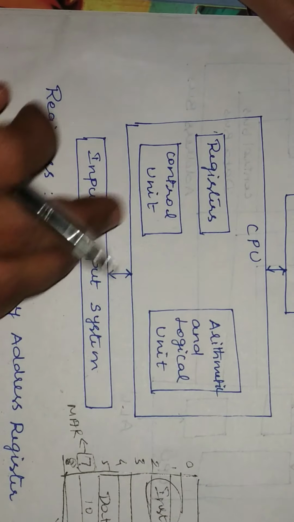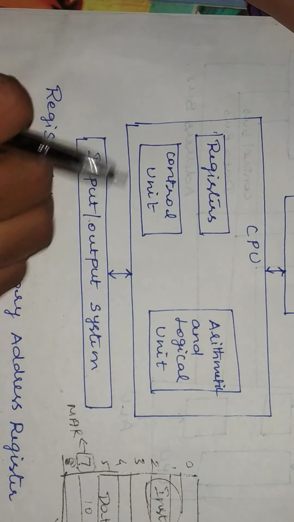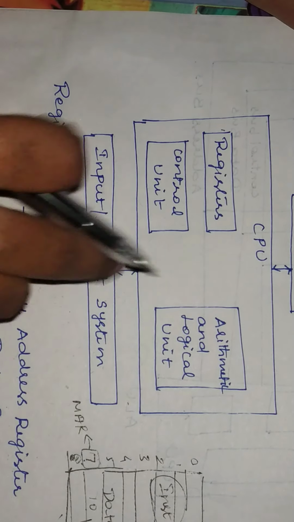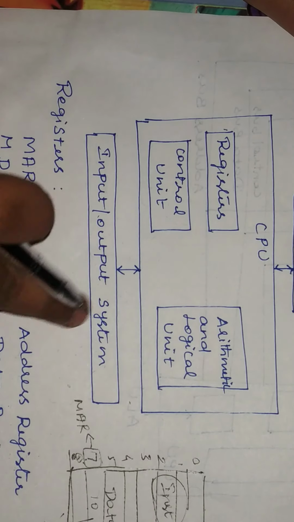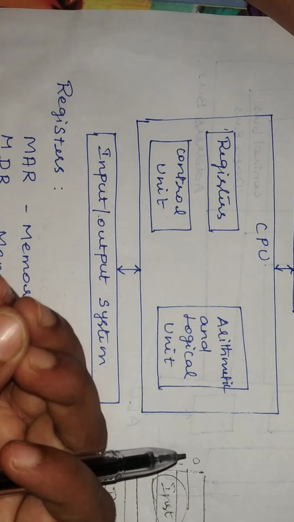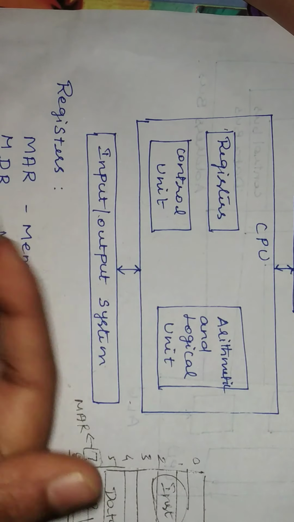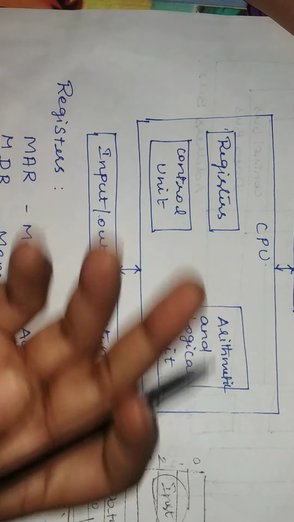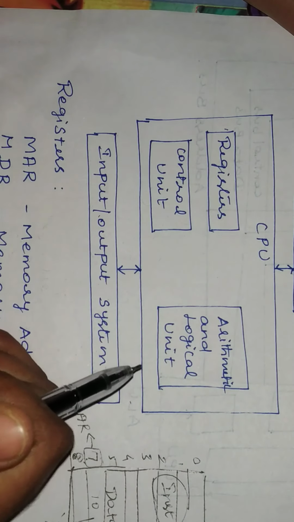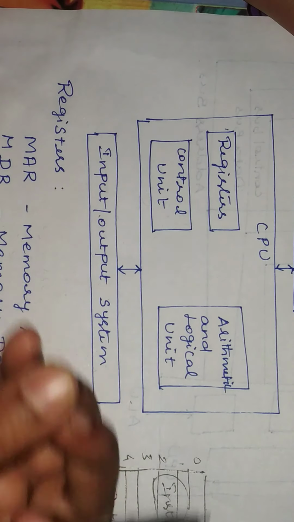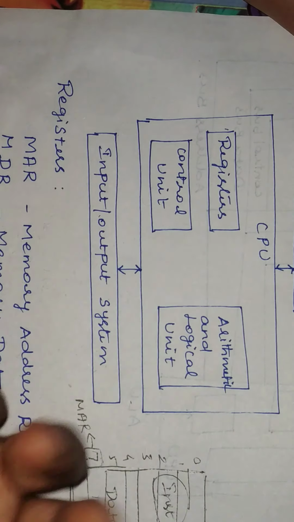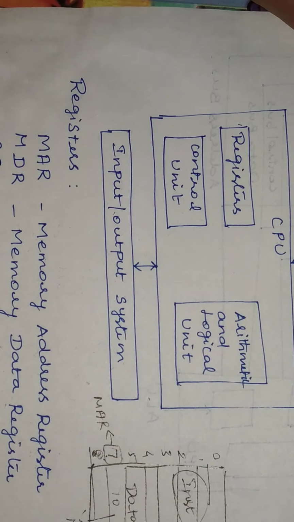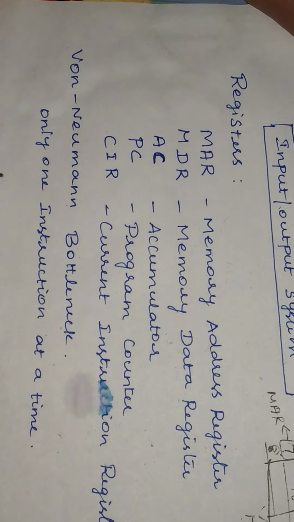So these are all the main registers we will have in this architecture. The other component is the input output system, the input output subsystem, which are the peripheral devices connected with the processor in order to transfer the data. Through the keyboard we provide the input to the computer, it performs all those operations, and finally it produces the result through the output devices. That is how the peripheral devices, or the input output devices, are connected with the computer. So what is the bottleneck we are facing in this von Neumann architecture?